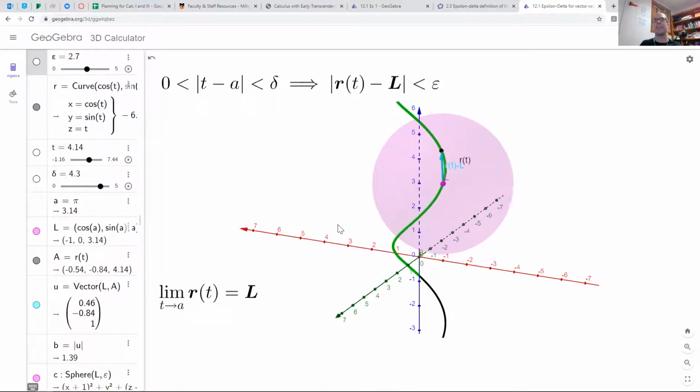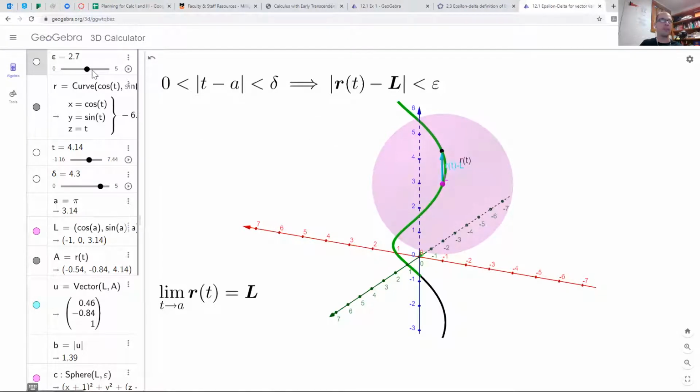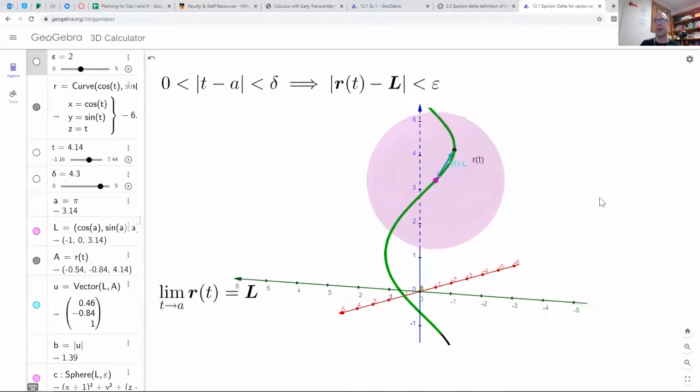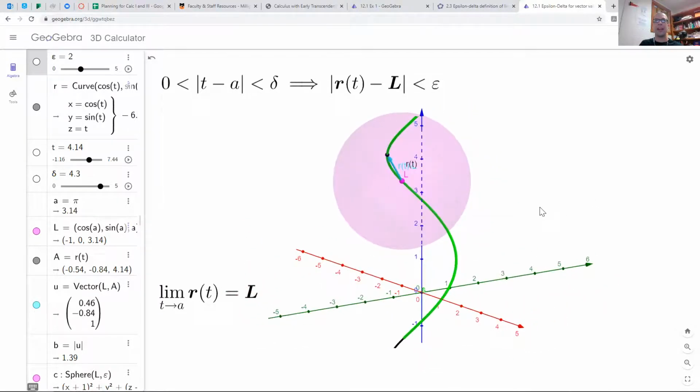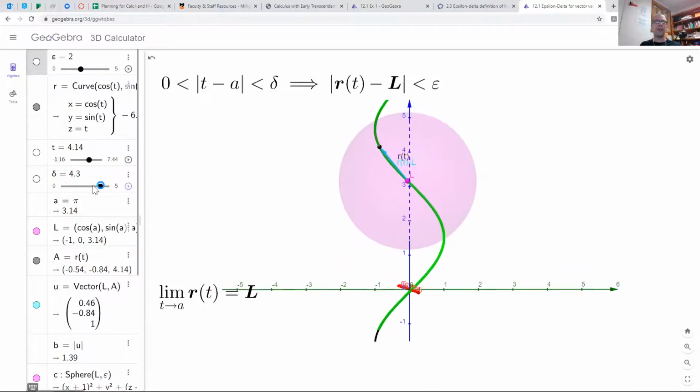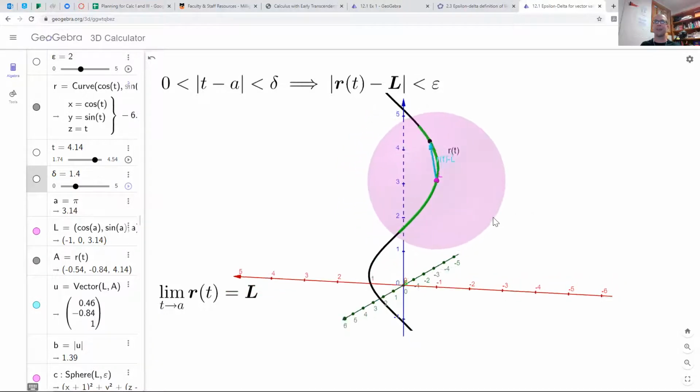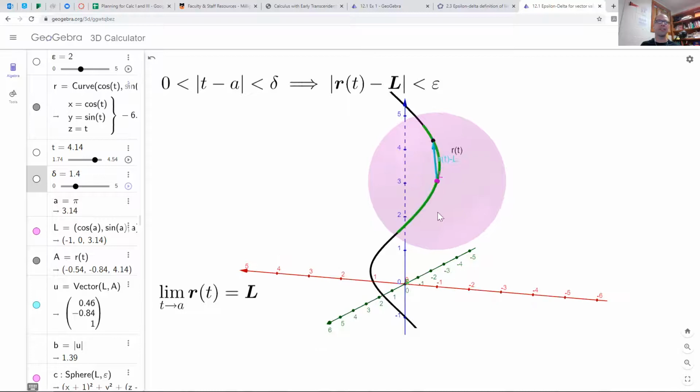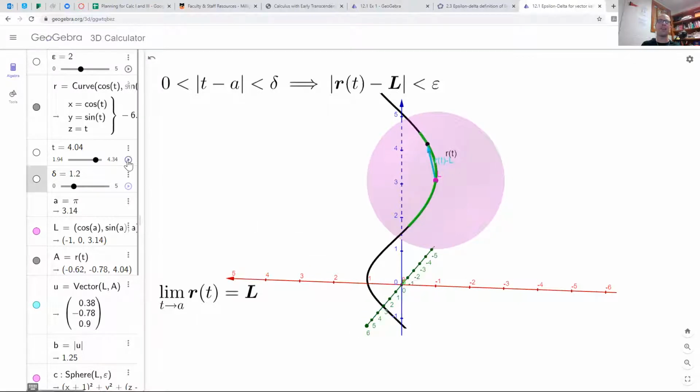So if we shrink epsilon down to 2, we have a sphere of radius 2 around the point L. If we want to shrink delta enough so that we fit inside of that ball, here I'm shrinking delta, and delta is that green band that I have along here. The idea is that we want to shrink that green band so that all of the green band is contained inside of epsilon, and no matter